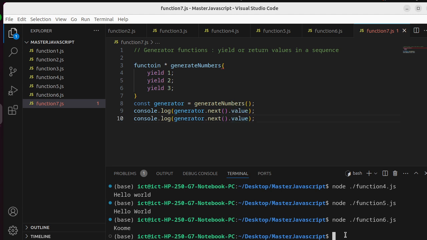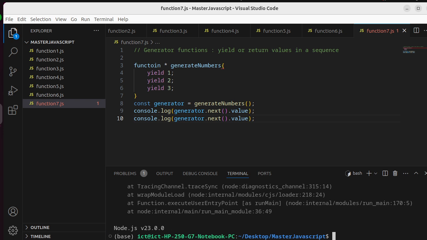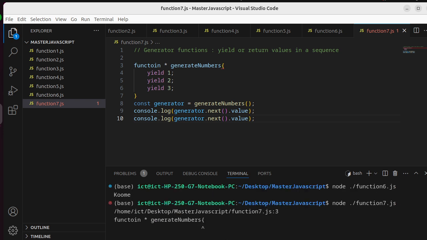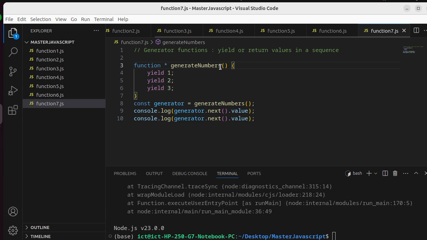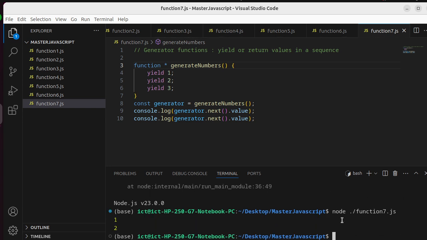So I will save and I will run now. I will run my function number 7 and see. There is a problem. So let's see. The problem is, let's go back. Generate numbers function. The name function. Function generate numbers. Of course, it must have the parentheses like that, and then you just come here, recompile it. You can see it's giving me 1 and 2. So that is what we call